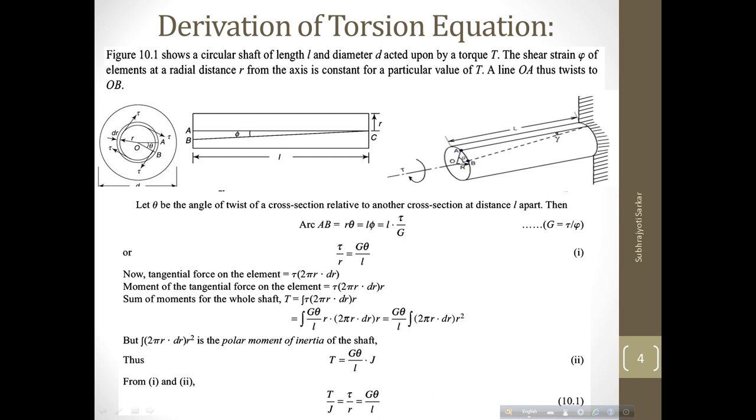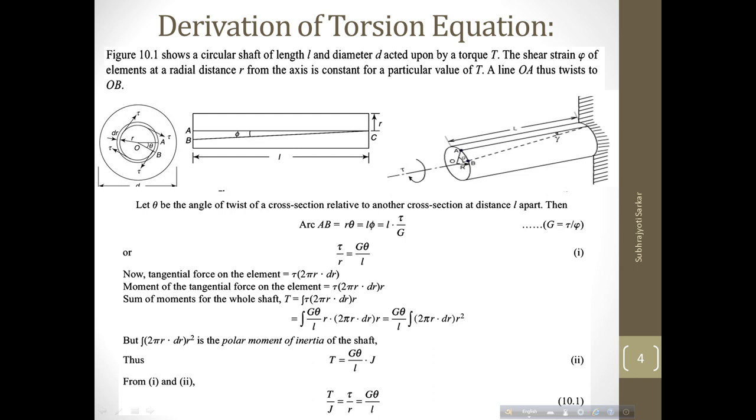The stress at A is tau. Due to the stress tau, the point A has moved, or displaced, from A to B. Thereby the angle BCA, or phi, is nothing but the shear strain. This shear strain is caused by the shear stress tau, which is produced by the application of twist T. So this angle BCA, or angle phi, is the shear strain.